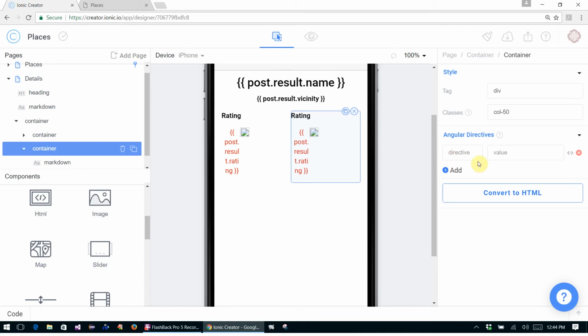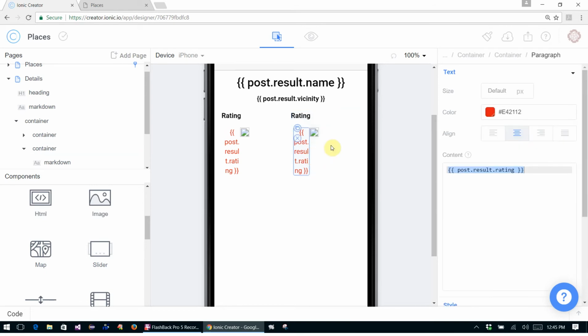Which we're going to hide this whole right side here. We can't do this on the rating side, on the left side, because we still want the space to be taken up, because we want the price level to always appear on the right side. But when there's no price level, then it doesn't matter, so we can just hide the whole thing when there's no price level. So I'm going to put ng hide price level. And then